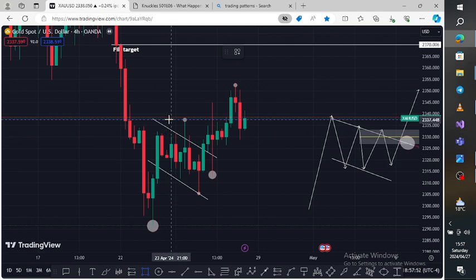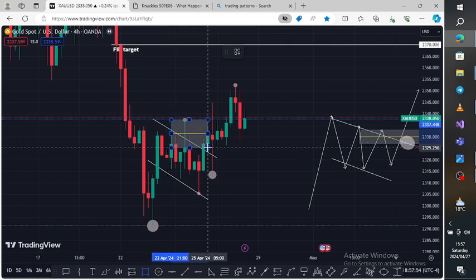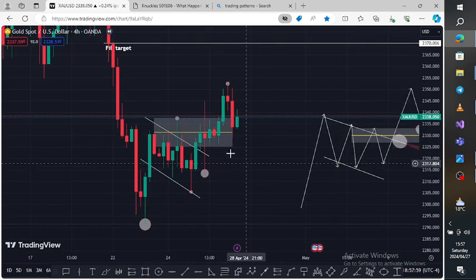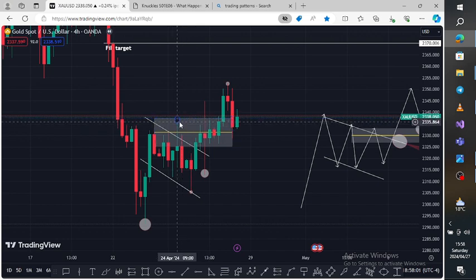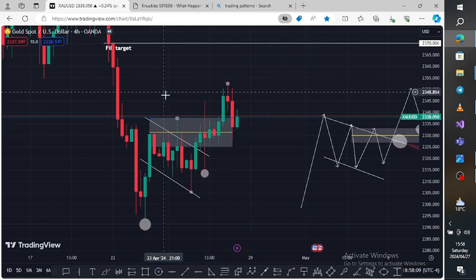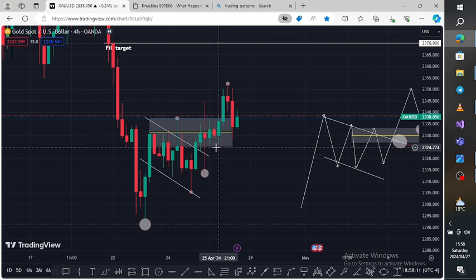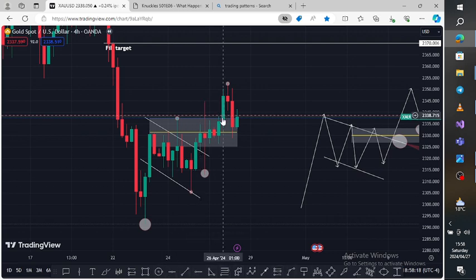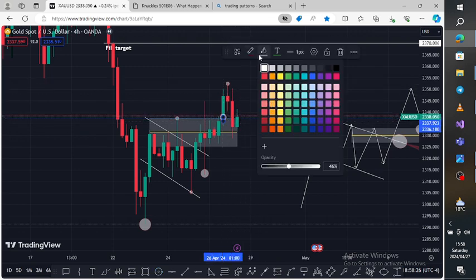So in this case, I used my areas there. You can see in this case I used this high, I used this high, and I also used this high. So basically all of this created the resisting area that I do have right there. You get? So from that I see that okay, price did manage to give us a breakout here. Price managed to give us a breakout right here, and you must understand that